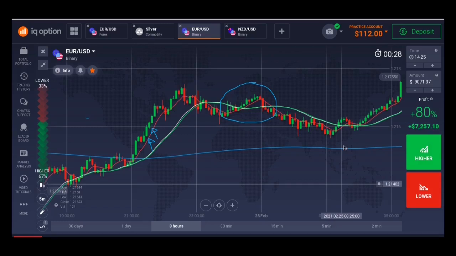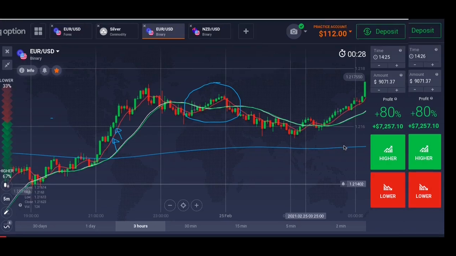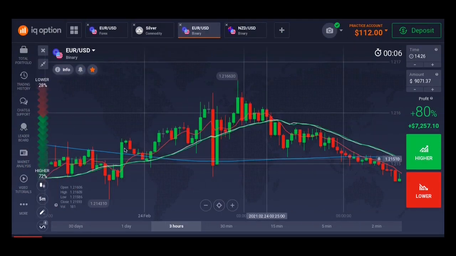So I'll show you trades to avoid and trades not to take with this strategy. Trade to avoid: anytime you see this movement like this, closer to this moving average, so close like this, or movement of very long candles like this, you just avoid the trade. All this sideways movement, you avoid taking trades in this kind of market. This is not a good market. You just wait for the market to be clearer before taking a trade.